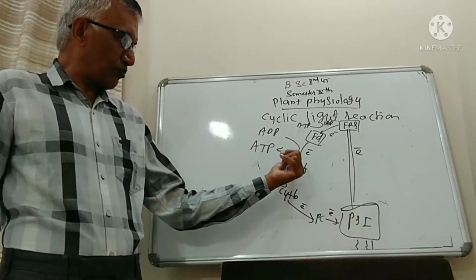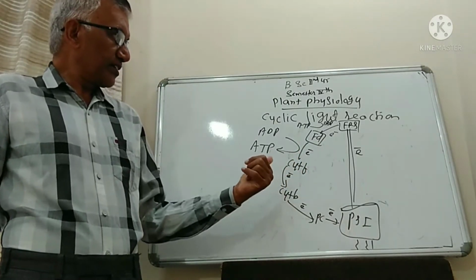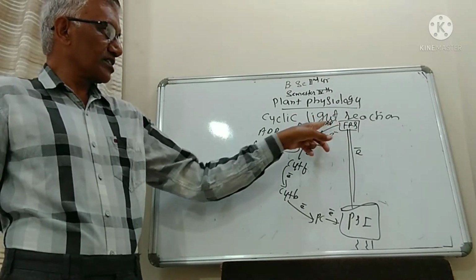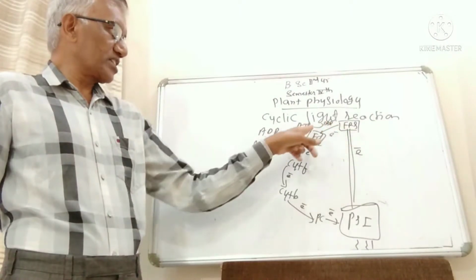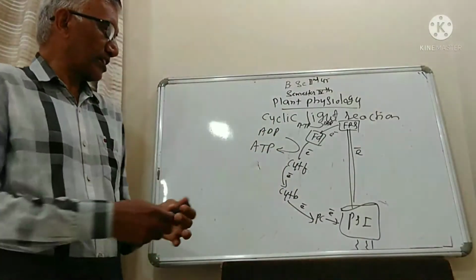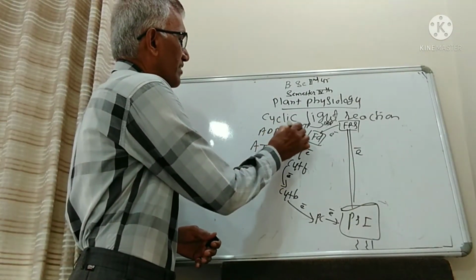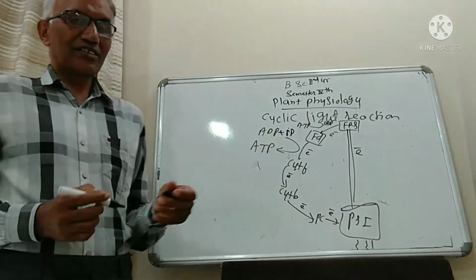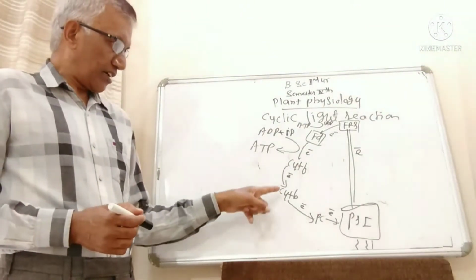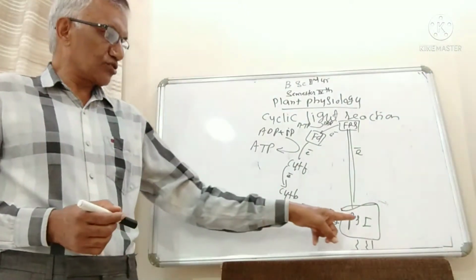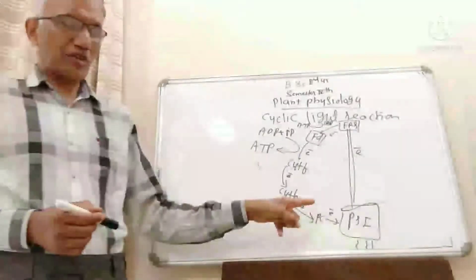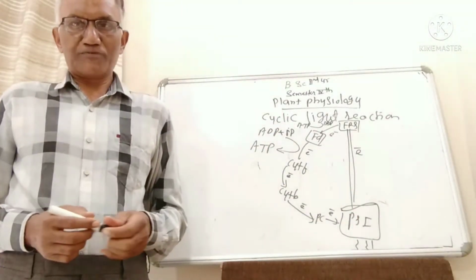Now again the electrons move from cytochrome F to cytochrome B. Likewise here, one ADP molecule is converted to ATP in between FRS and FD. Now while the electrons move from FD to cytochrome F, again one more inorganic phosphate adds to an ADP molecule and gets converted into an ATP molecule. Now the electrons from cytochrome F go to cytochrome B, and from cytochrome B to plastocyanin, and from plastocyanin, after moving through a number of electron acceptor molecules, the electrons go back to the same chlorophyll molecules.